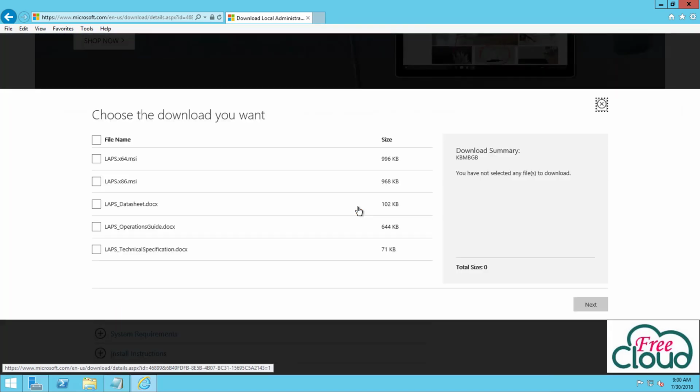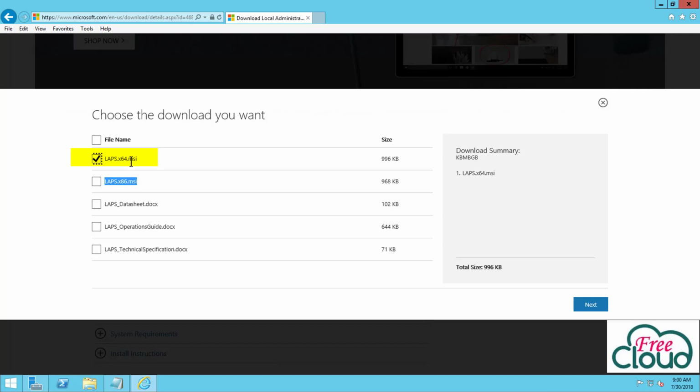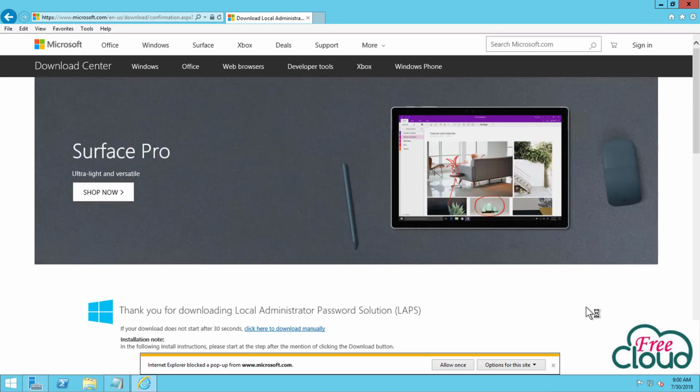Download. Select your Labs platform. Also, for more information, you can select Labs Operation Guide or Datasheet or Technical Specification Document. I will select Labs Operation Guide as it will help me to install Microsoft Labs. Next,